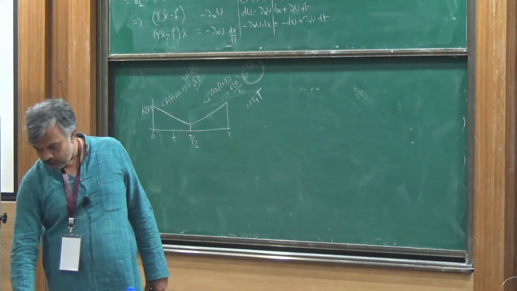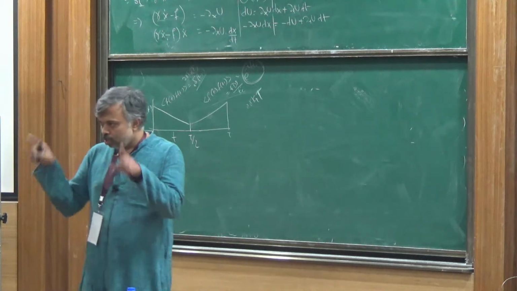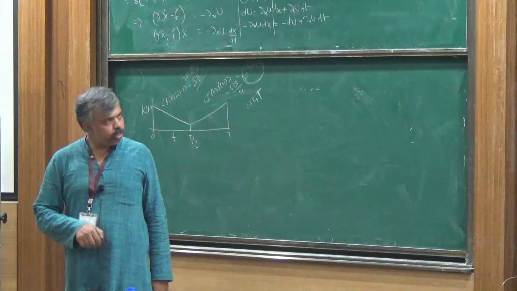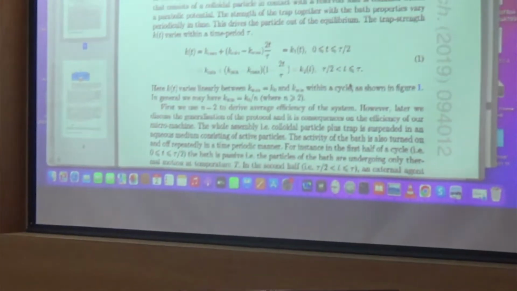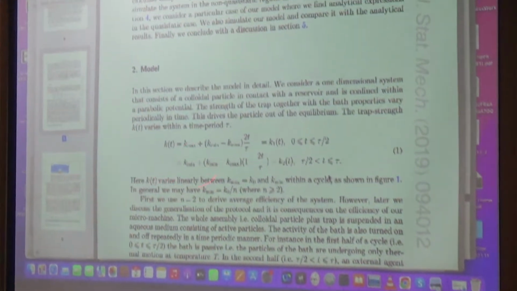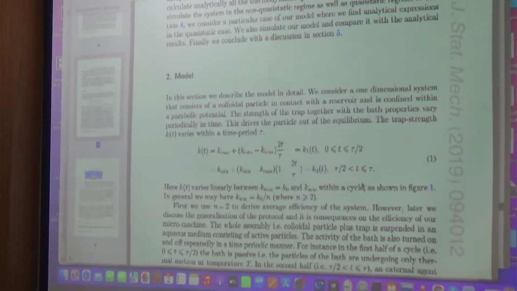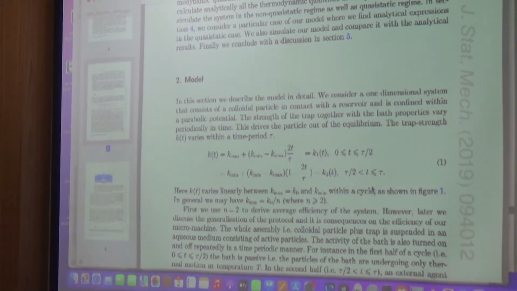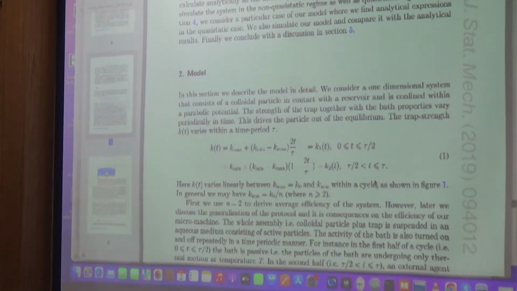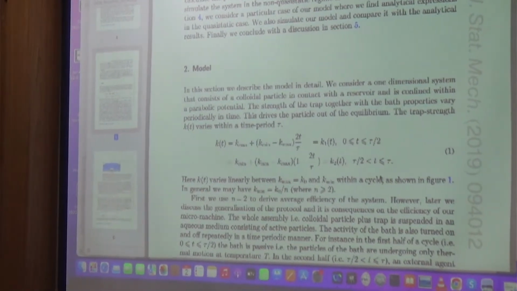So this was the protocol that we used, the time dependence in strength. Actually, this protocol in the quasi-static case will not matter much, but we have also done non-quasi-static calculations, which we will not do here. But there the protocol matters. It's a very simple linear protocol, but it has to be cyclic. So Kmax came in at the maximum and minimum value of the protocols. Here no optimization is there. So no jump. We just wanted to check what is the effect of